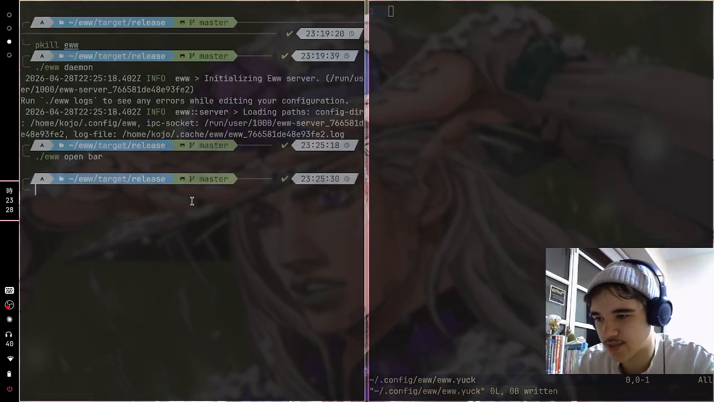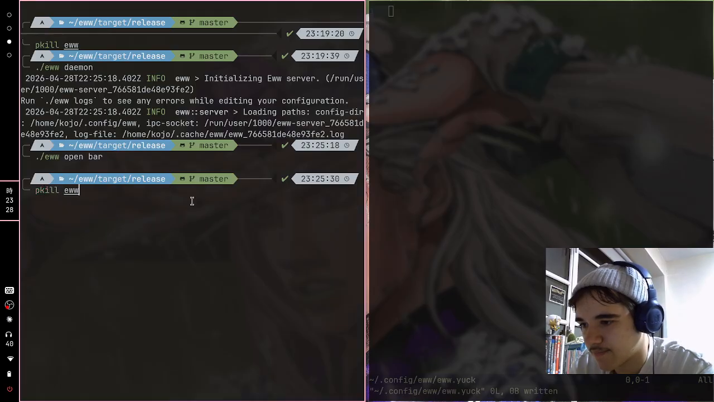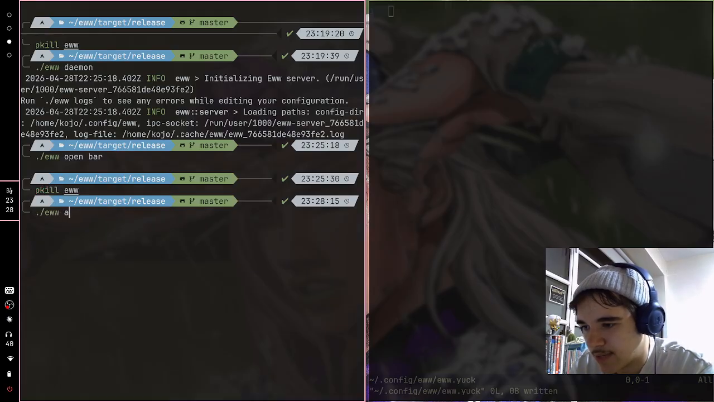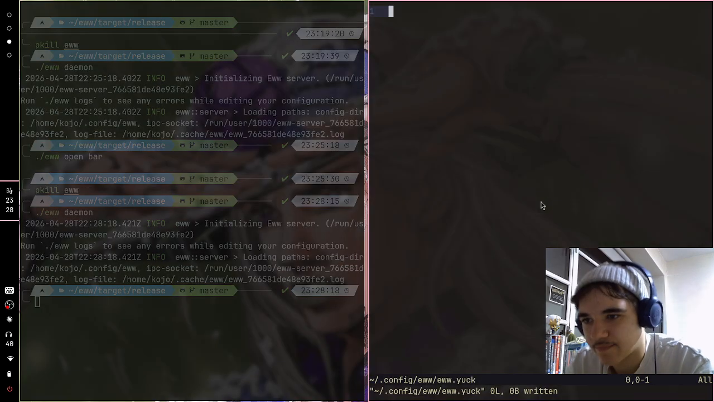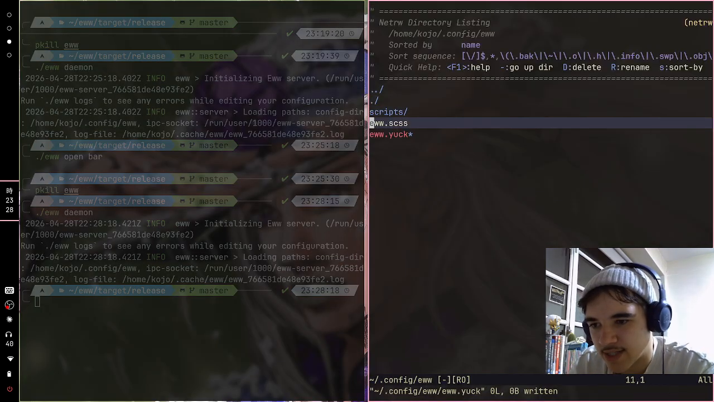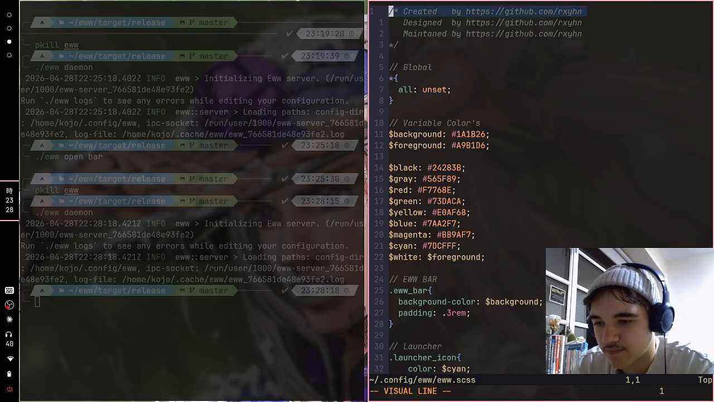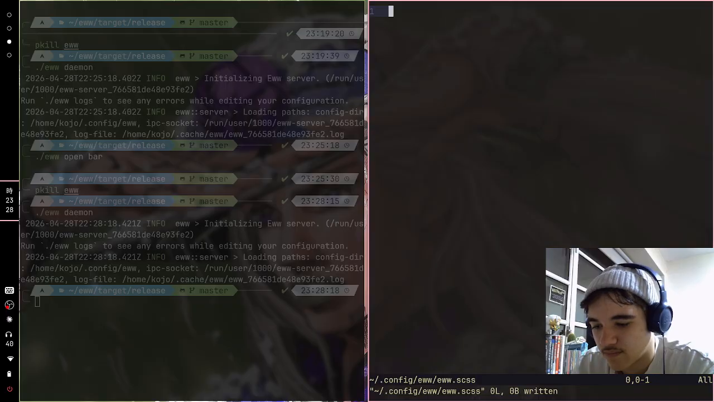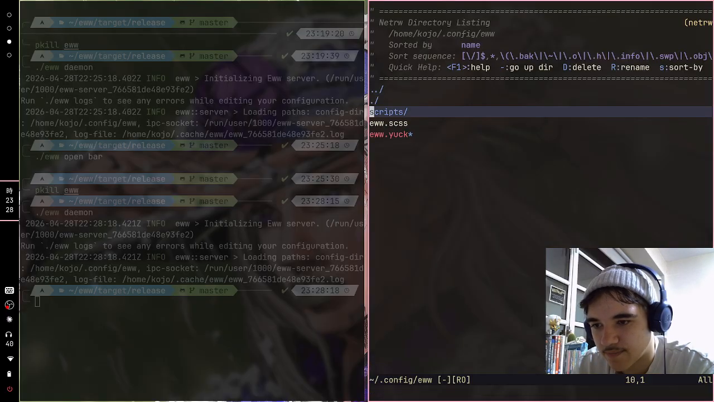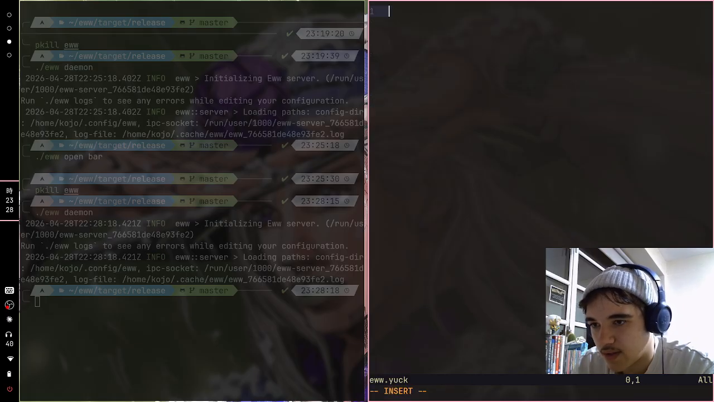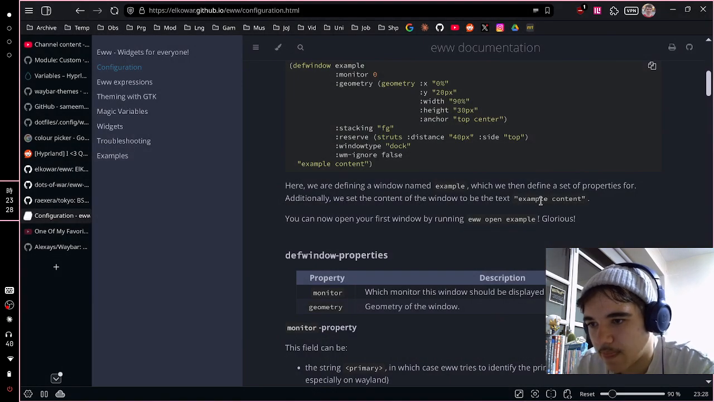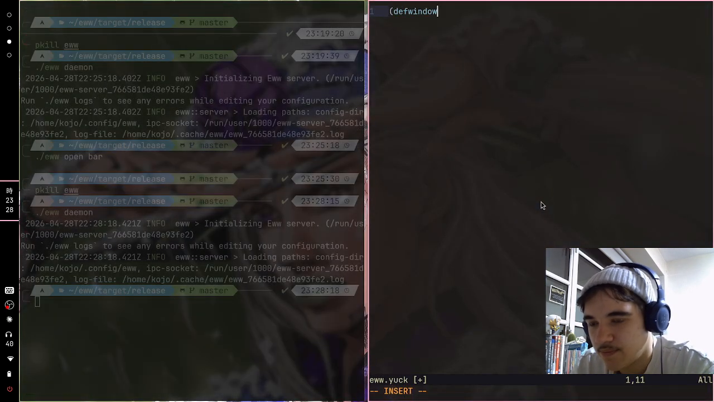Glorious. Okay, so let me just kill ew here. And then ew daemon. Okay, it's running. I'll also empty these files here. And let's also delete scripts. Okay. So define window, call it example, monitor